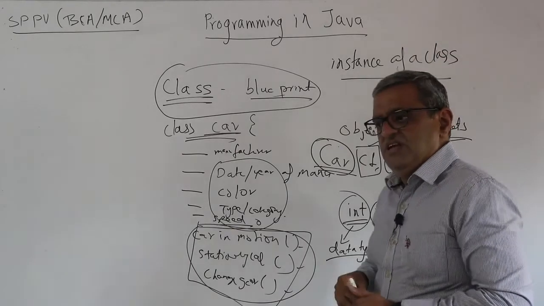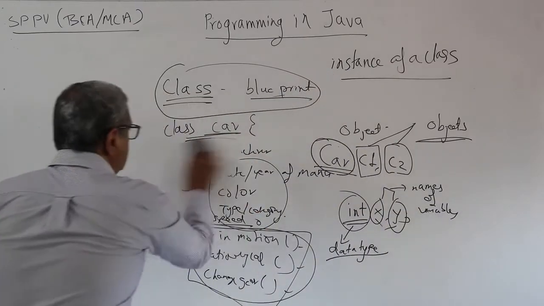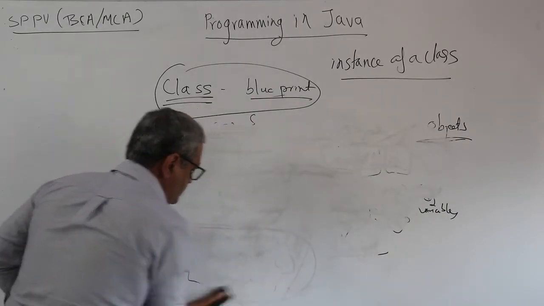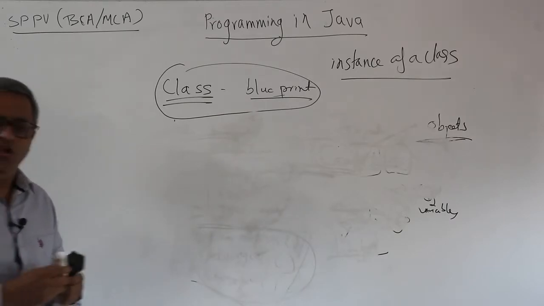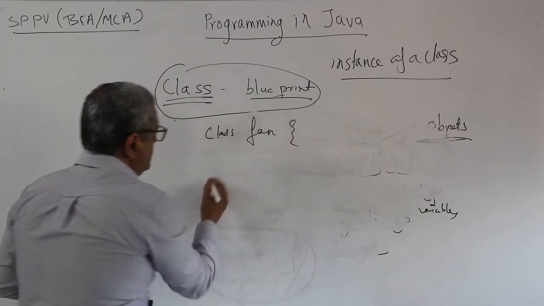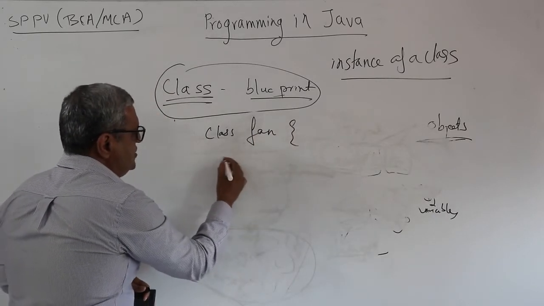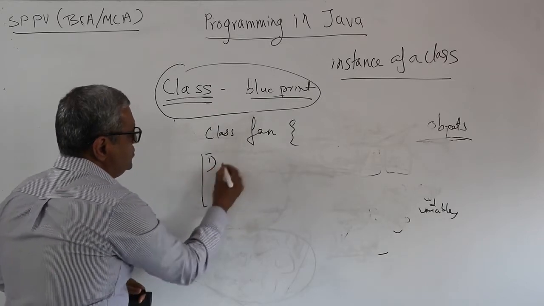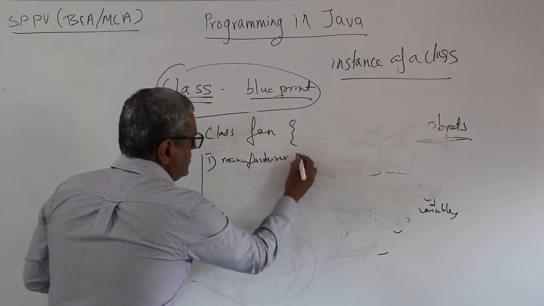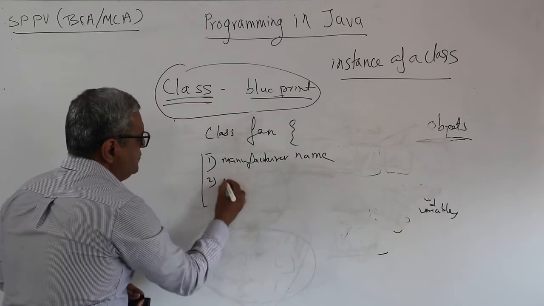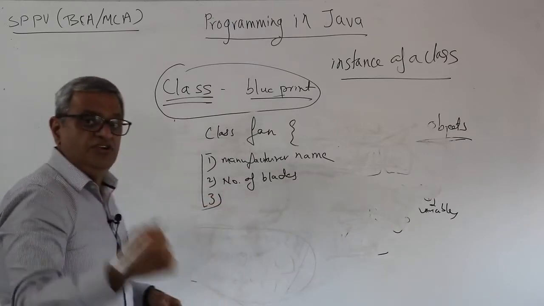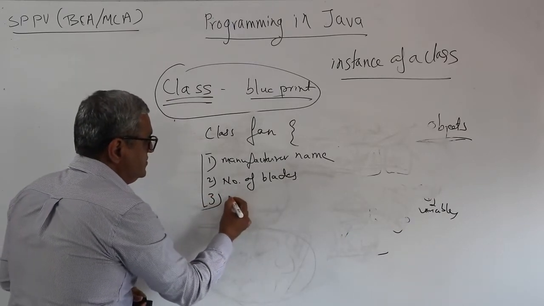So I give another example, of a fan. Let us quickly see how we can write a class of fan as well. All that I have to do is I have a class named fan. Now fan again will have certain attributes. So what are my attributes? Attribute number 1 is manufacturer name. Then number of blades could be my second attribute. My third attribute could be color,